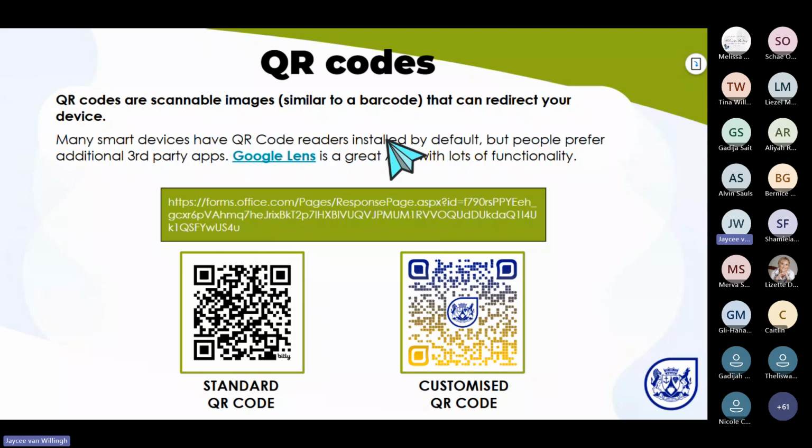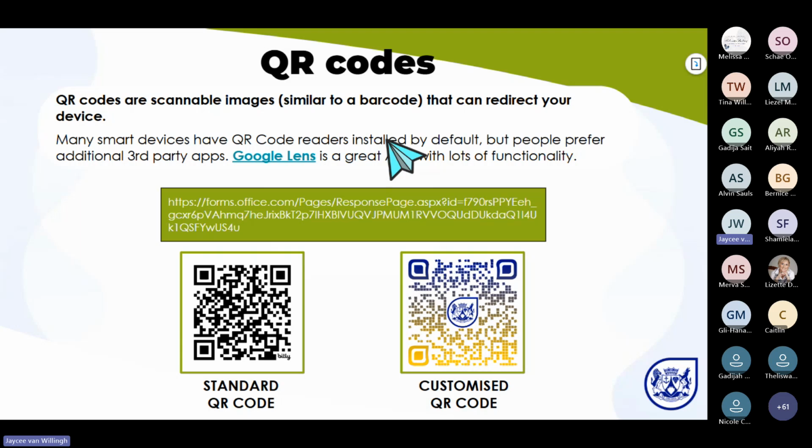Now we have QR codes. Now QR codes is one of my favorite things to use. Reason being, it's an easy image that you can create based on the link that you created, and then anyone can scan it using their smartphones. Now, a lot of us have an updated Google on our cell phones, and Google Lens is also a great way to scan the QR code. So if you don't have access to a QR code scanner on your phone, if you go into Google, there's a small tab that has a camera. You click on that, you scan the QR code with the Google Lens, and it will automatically work as a